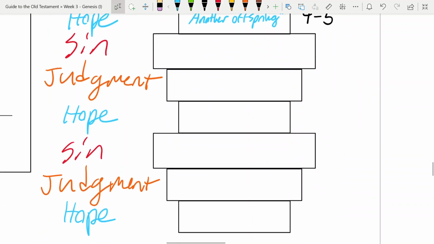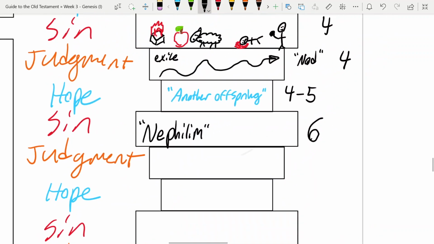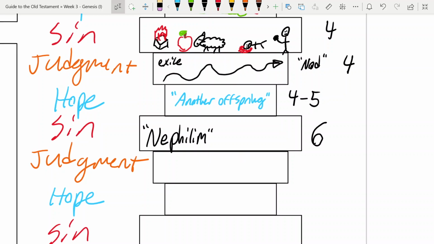And pretty quickly we arrive at another element of sin, another section of the story that deals with sin. And there's some question here about what exactly the sin is. This is that famous passage you may have heard of with the Nephilim, right? This is in Genesis 6 now. Sometimes this is taken to be a marriage between angels and humans that produce this kind of superhuman offspring. Sometimes it's taken to be a mixing of Cain's line with Adam's and Seth's line.